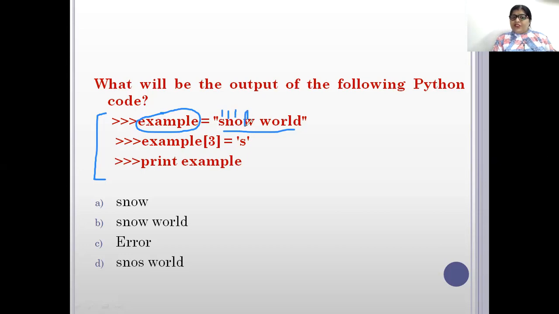They think they are changing position 3 to S. They don't think that strings are immutable. They cannot be modified. So how can we put example[3] equal to S? It is not possible. So the answer of this is always an error.